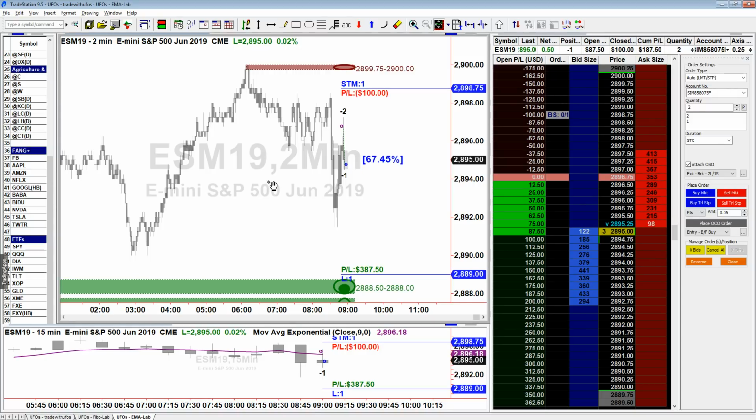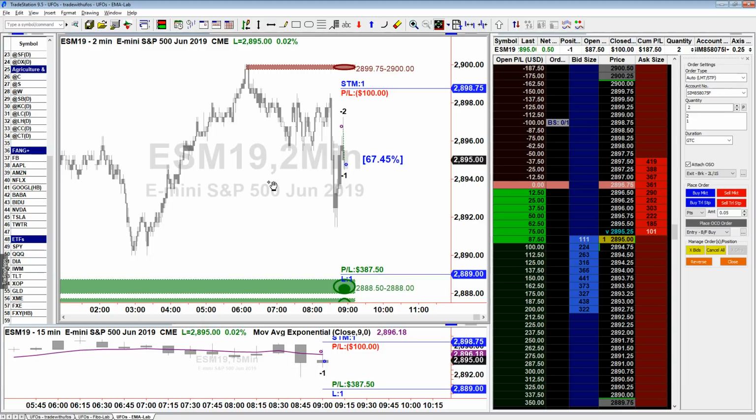So good. Okay, so again, why is this happening? Well, because we had a precise entry thanks to the UFO, and on top of that, we did it in the context of the trend. Now you could just forget about that trade and leave it alone until it gets to 28.89 and go ahead and take other trades. You could certainly do that.